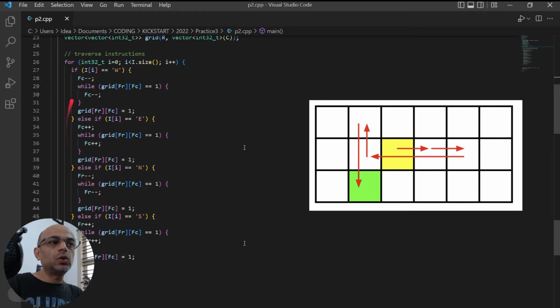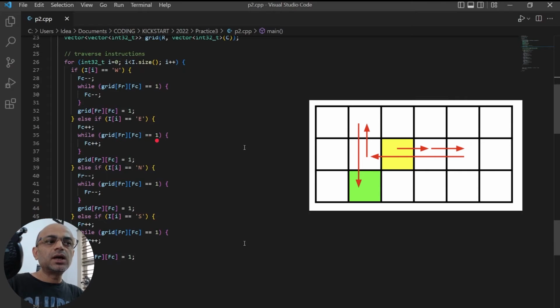And the main loop is we will go through the instruction characters and check whether it is, say, west, east, north or south. And for each case, let's say if it is E indicating east, that means we need to move towards right. So we have to increment fc++ because we need to increment the column count towards right. And once we increment, we need to check whether that square is already visited or not.